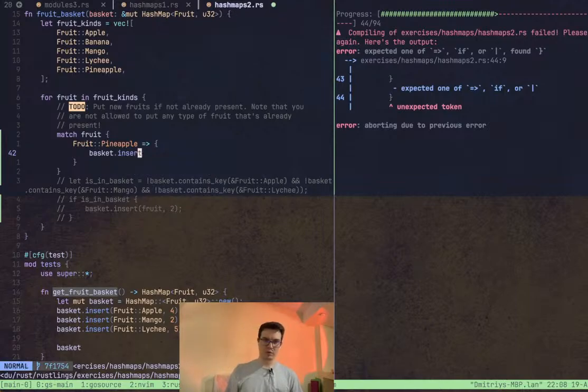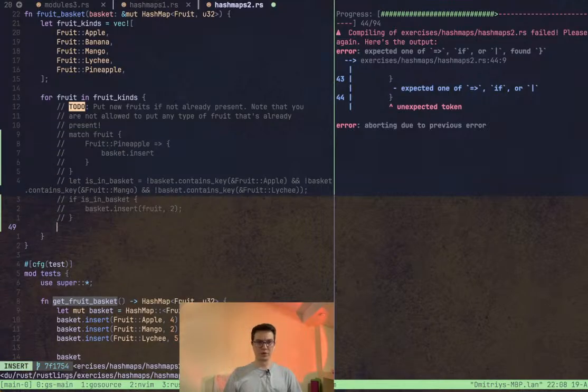Put new fruits if not already present. Note that you are not allowed to put any type of fruit that is already present. Sorry,